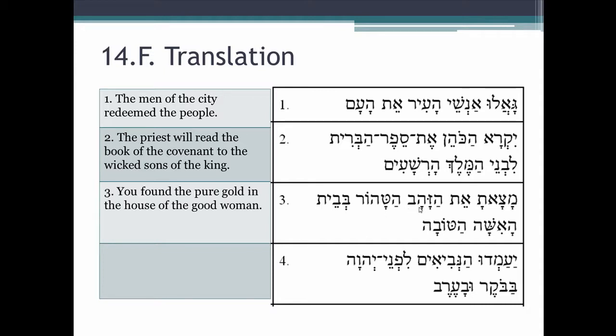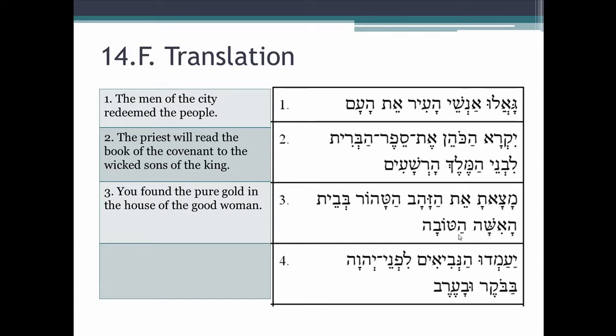Let's just turn our translation on here. You found the pure gold, bevet, in, and then here we have house, bayit, it changes to beit when it's in construct. So the house, ha'isha, of the woman, but is that all? No, we have an adjective here. So the same thing here. We have noun, or preposition, noun, two nouns next to each other. Think construct, the house of the woman,